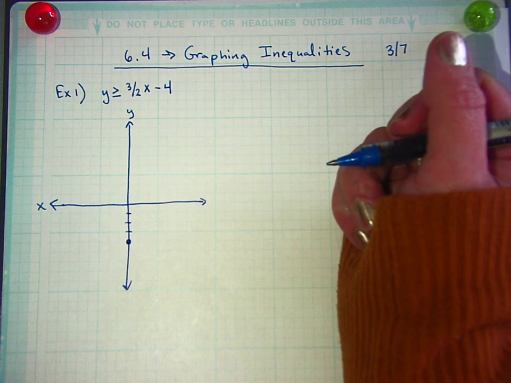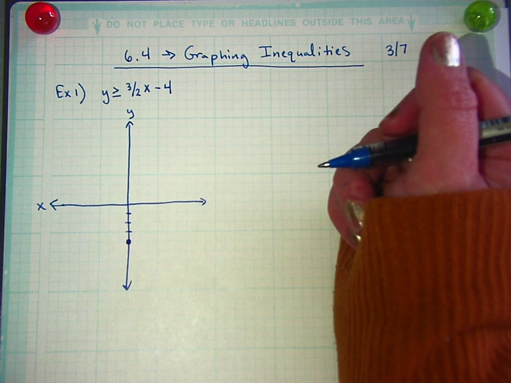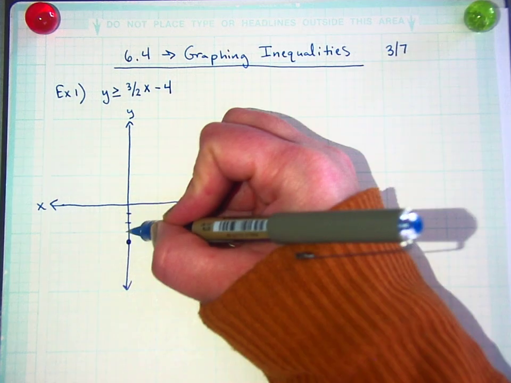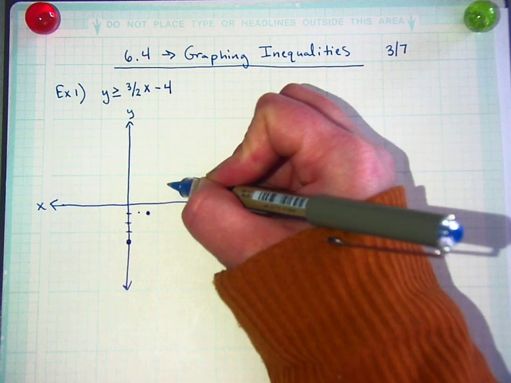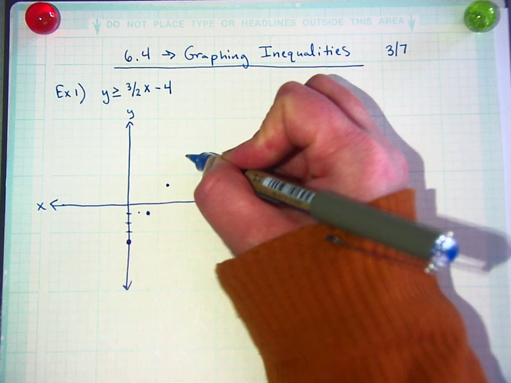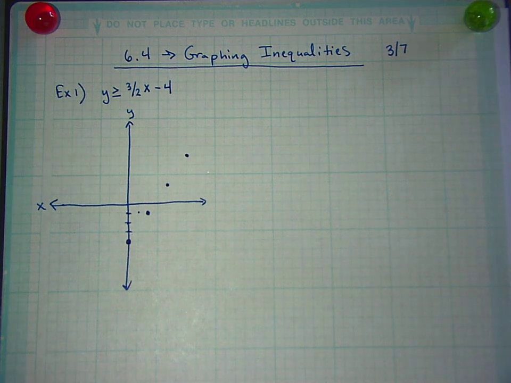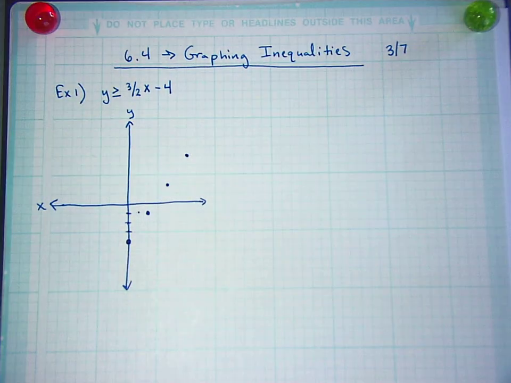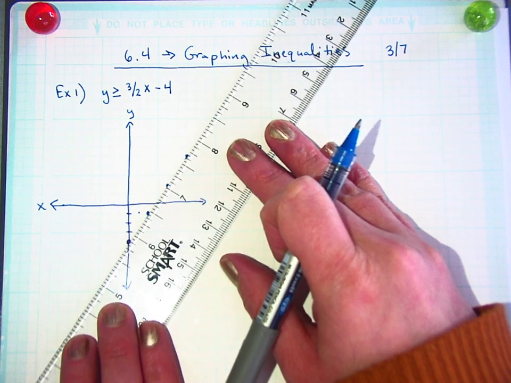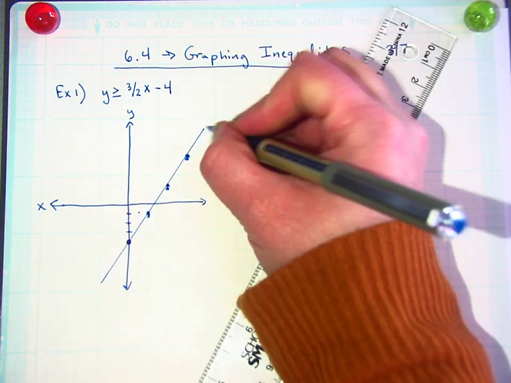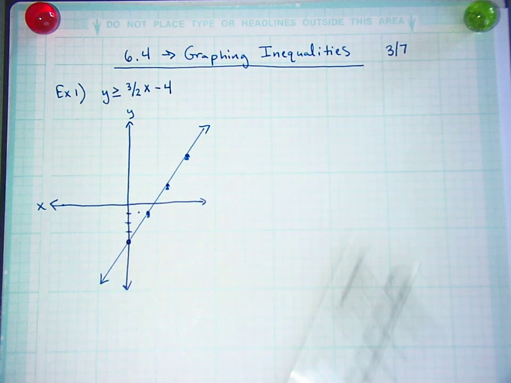And then what, Nate? And then you rise up or run, so you go up 3 over 2, put a dot. Up 3 over 2, put a dot. And then draw in your line. You can go get a ruler if you really want one. And if you do not care if those lines are straight, then just draw it in. But this is different